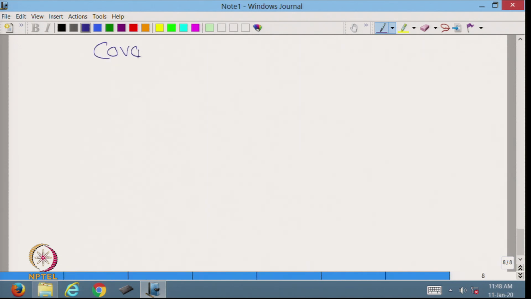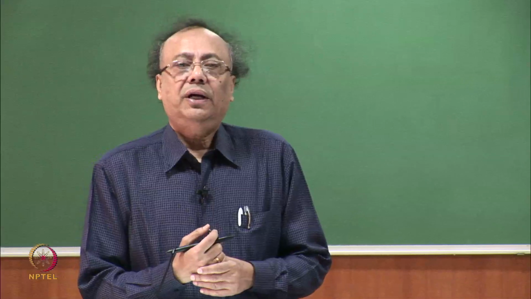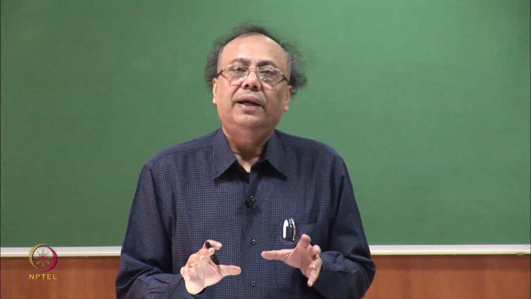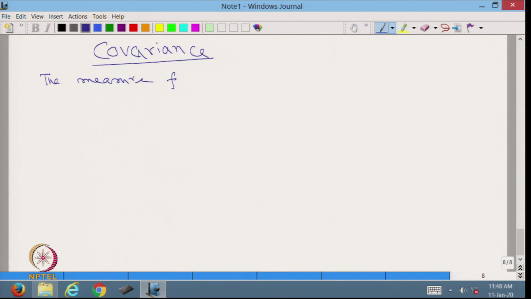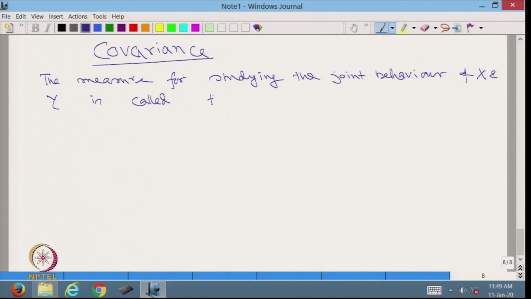Concept of covariance. As I said in the last class, we are often interested to see how X and Y are behaving together, and the measure for studying the joint behavior of X and Y is called the covariance of X and Y. Definition: covariance between X and Y is defined as